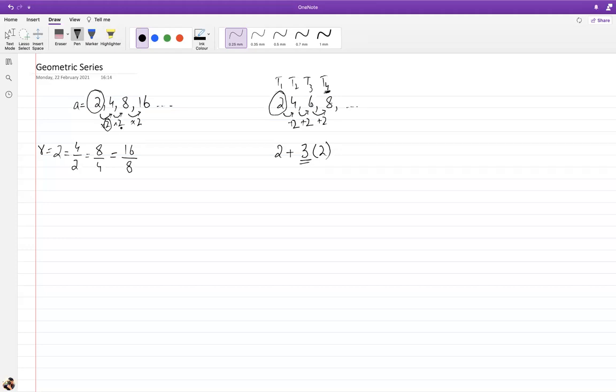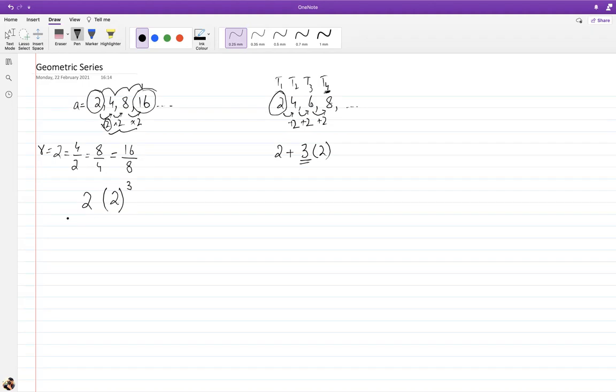Similarly, when we are doing it here in a geometric series, we are multiplying a number. So if I want to get to 16, let's say, I have to multiply the first term. My first term is 2. I have to multiply it by the ratio how many times? 3 times, because I have to take that many jumps to get to that. Always one less than the term number, because the starting point you just arrive there. You don't actually come there through a ratio.